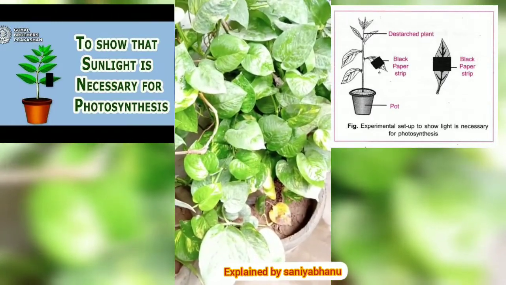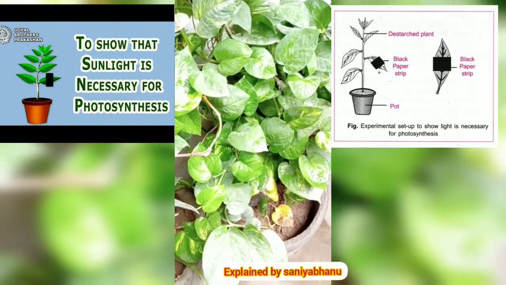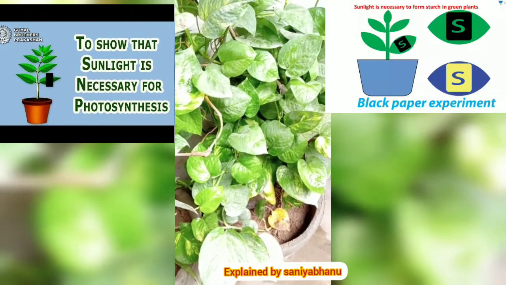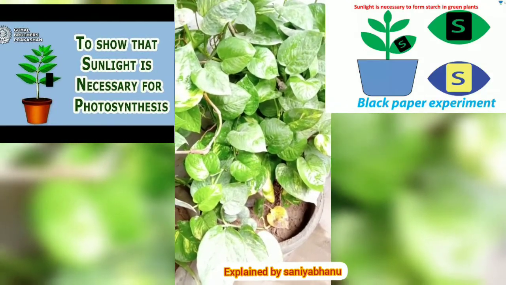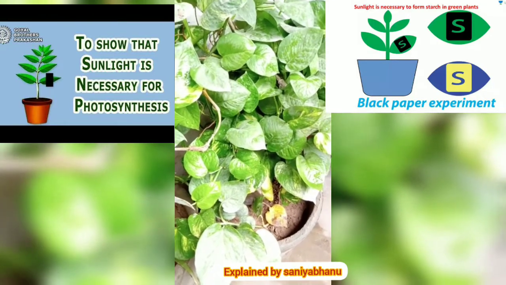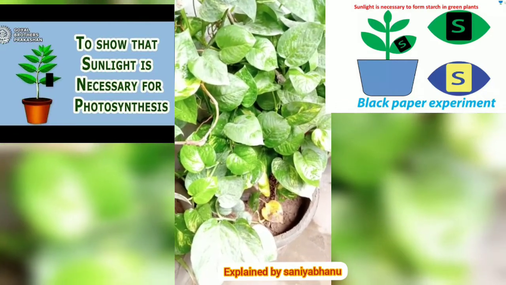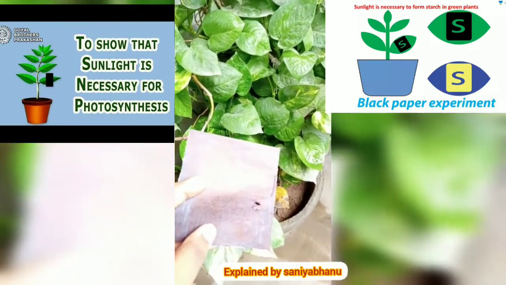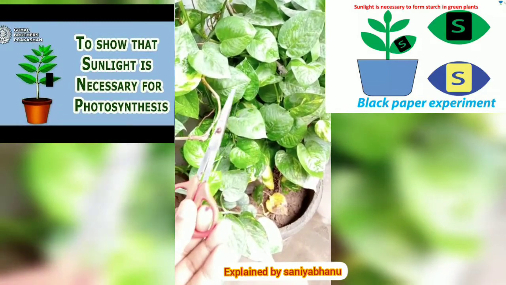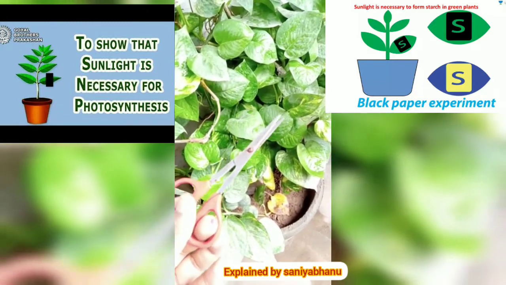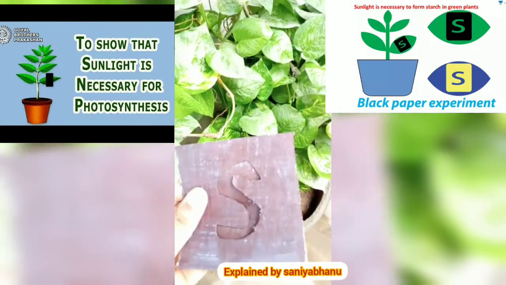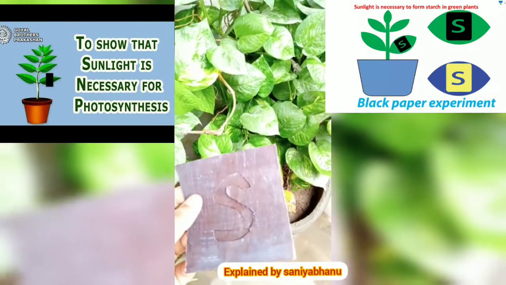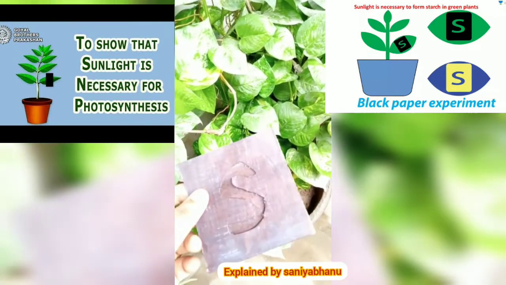When we keep this potted plant in the dark room for 2 to 3 days, the starch present in the leaves becomes absent. It means the leaves don't prepare any starch because they are not getting any sunlight. Now we are going to do that. Take a black sheet paper and a scissor and cut a design in the black sheet paper. I made this kind of design on the black sheet paper. You can make a design of your wish.